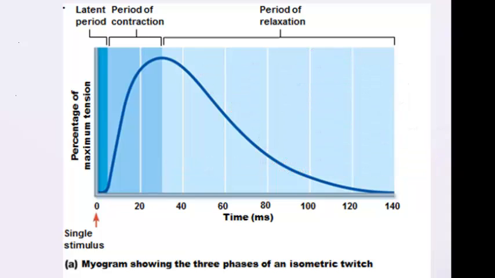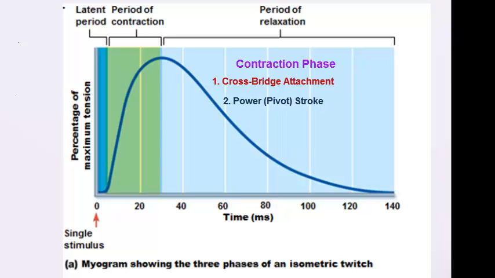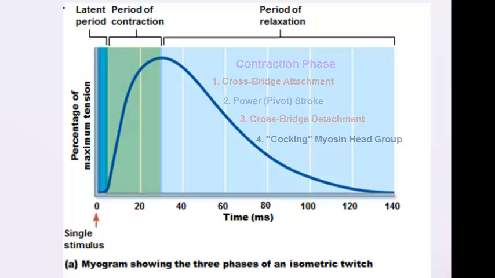All those events occur during the latent period. Notice how brief it is. And then we have the contraction phase. Now, the contraction phase is when all those events that we looked at of the cross-bridge attachment, pivot, detachment, cocking,